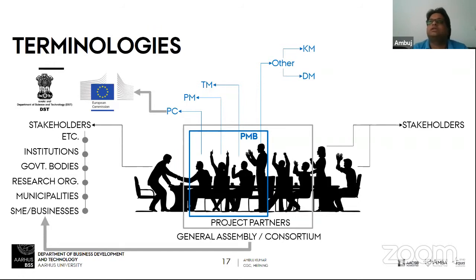And then there are others which are the knowledge manager and dissemination manager. For smaller projects, both can be held by the same person. But for very big projects, like Airbus, or maybe ISRO, or any other big organizations, they will have different people to handle the different things. So knowledge management is basically how you publish your knowledge and how your knowledge is stored, or how your knowledge is conveyed, all these things.